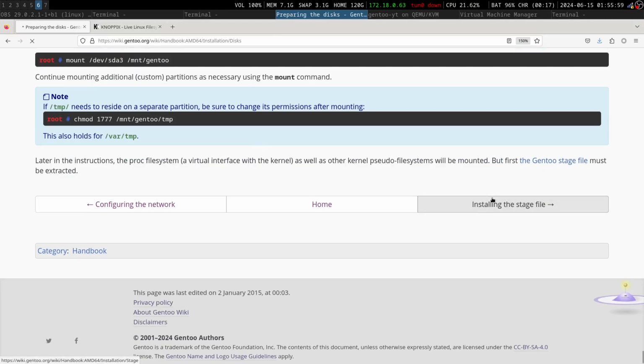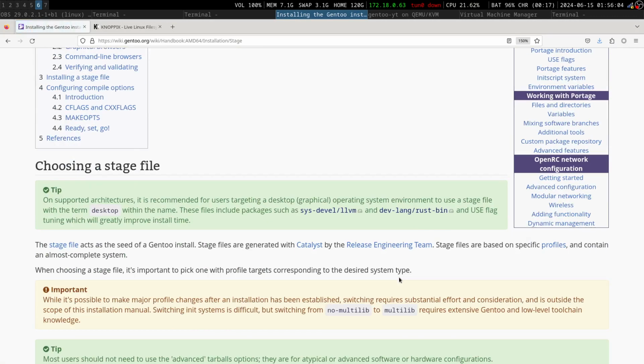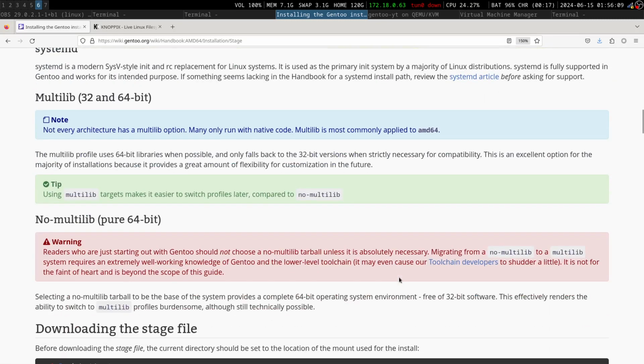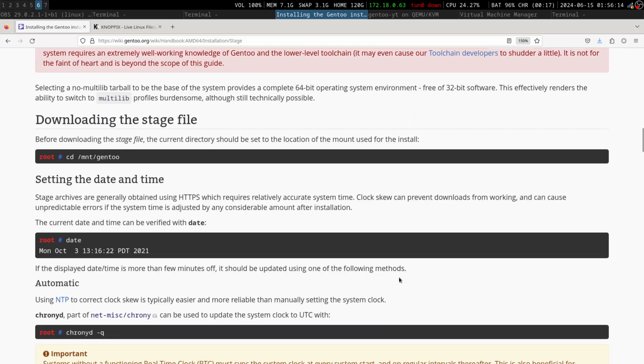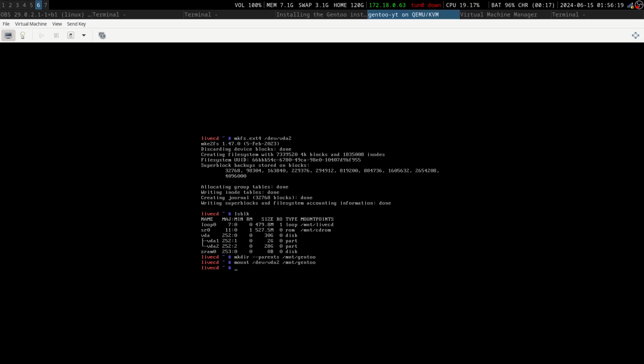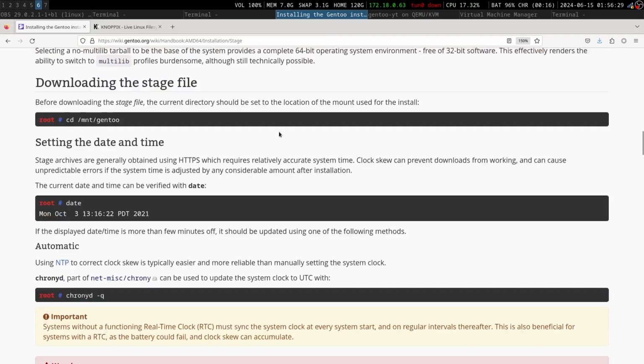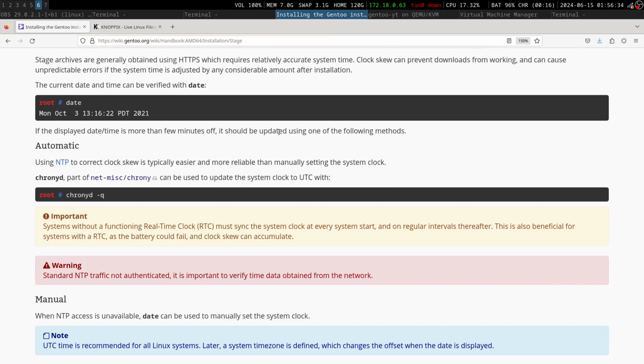Let's go to the next step, installing the stage file. Such a large and long time. It will waste my time because of the network, installing the stage. Actually, I have to use links for browsing in CLI. So I go to /mnt/gentoo. Okay, we have nothing here. We have to download stage 3